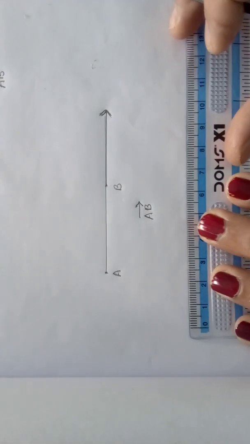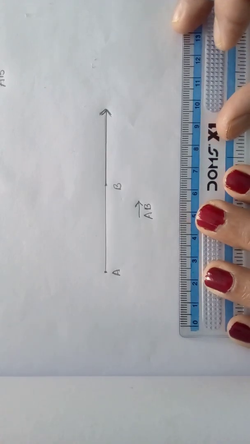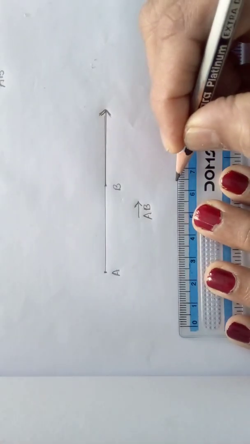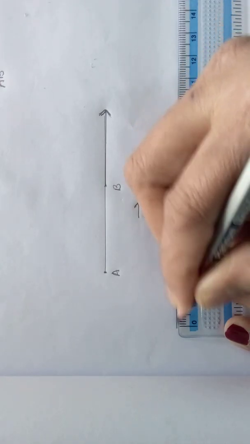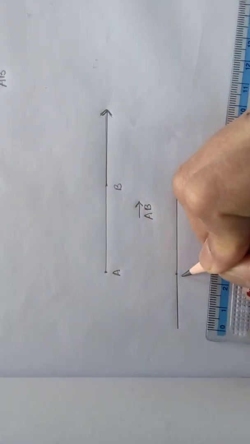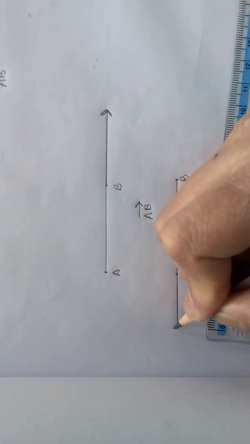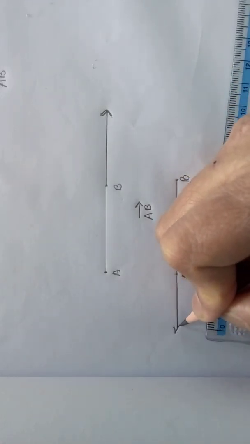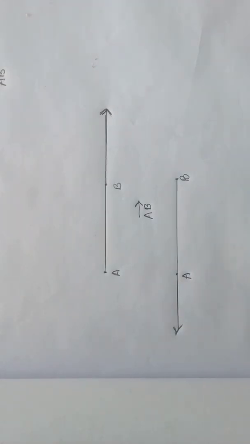And if you extend the end point of the line segment AB at the A point, then B will be the initial point, and A will be the point on the ray, and it will go on like this. The arrow mark indicates it is the ray BA. Okay, ray BA. Understood, children?